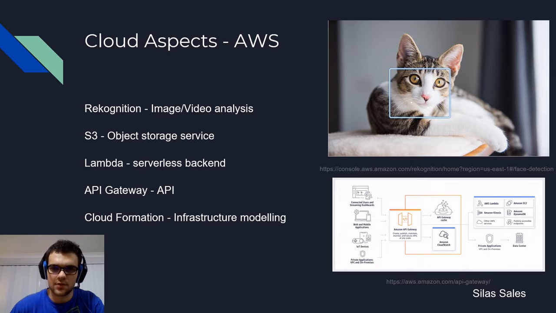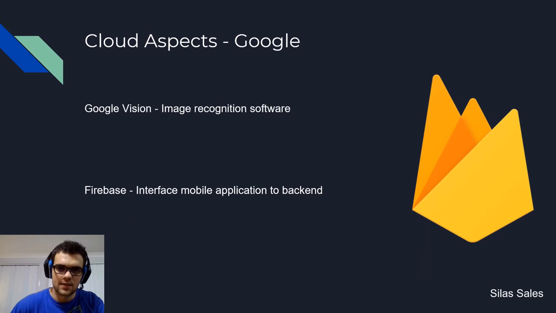And like I mentioned before, it was pretty cool that by default AWS could recognize a cat's face and compare it to a human's face. This was something that Google couldn't do, and we had to get a bit more creative, and we'll explain that on the next slide. So with Google, what we ended up having to do